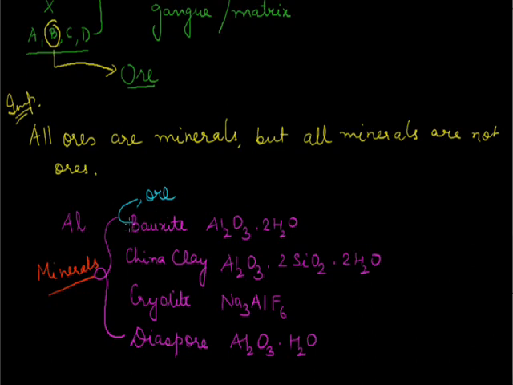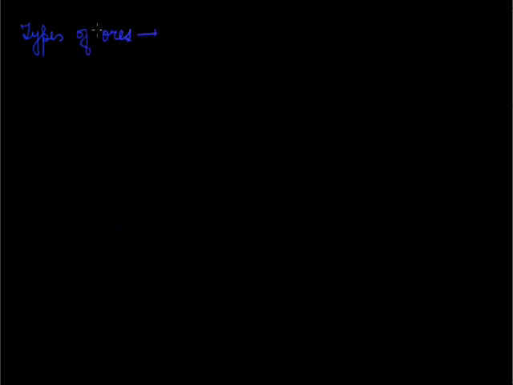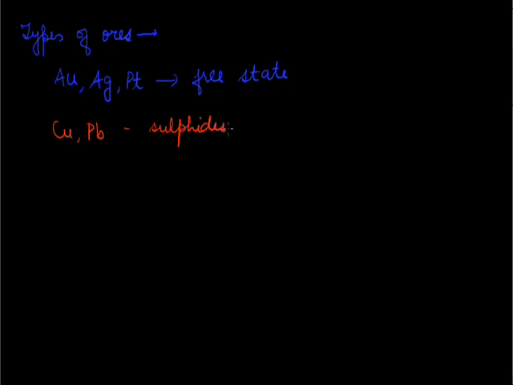Now coming on to the types of ores. The most common ores of metals are oxides, sulfides, carbonates, sulfates, halides, etc. In general, very unreactive metals like gold, silver, platinum, etc. occur in their elemental state, that is in their free state. So these are the minerals of, or the ores of these metals. But metals which are slightly reactive, for example copper, lead, etc., they occur in the form of their sulfides. Like copper occurs as CuS, lead as PbS, and reactive metals like